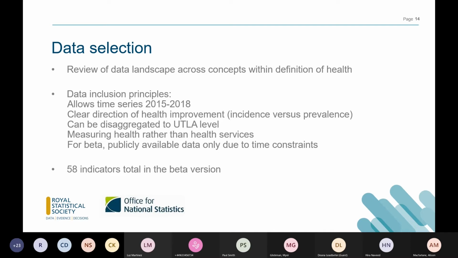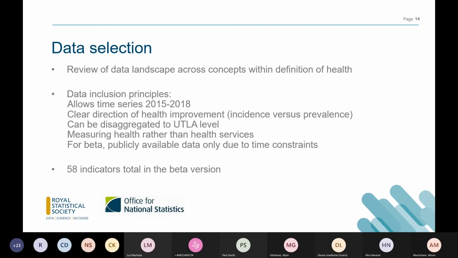So following the Dahlgren and Whitehead model, and also remaining consistent with the World Health Organization definition of health, which broadly is just avoiding using the absence of ill health as our only measure, because we want to capture these wider risk factors. We had some very specific data inclusion principles in order to make sure that the index was